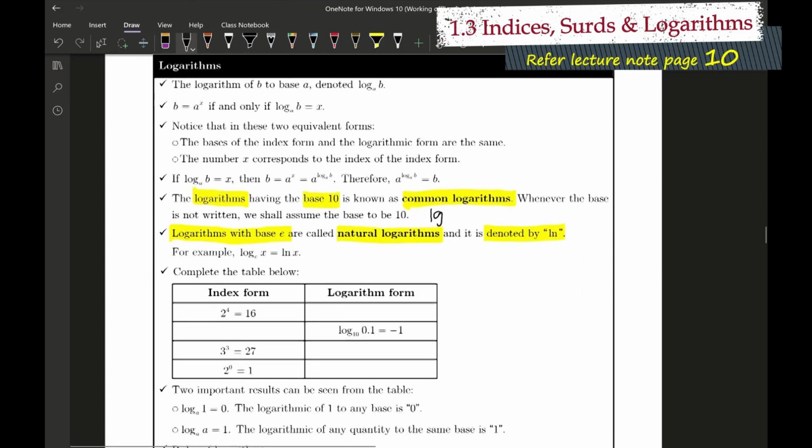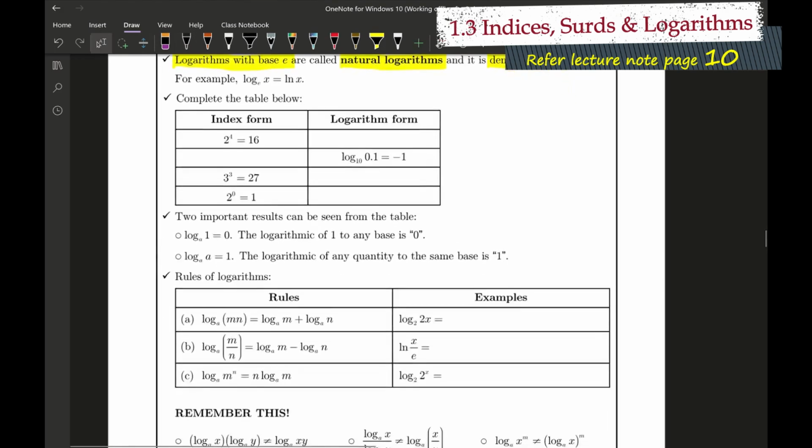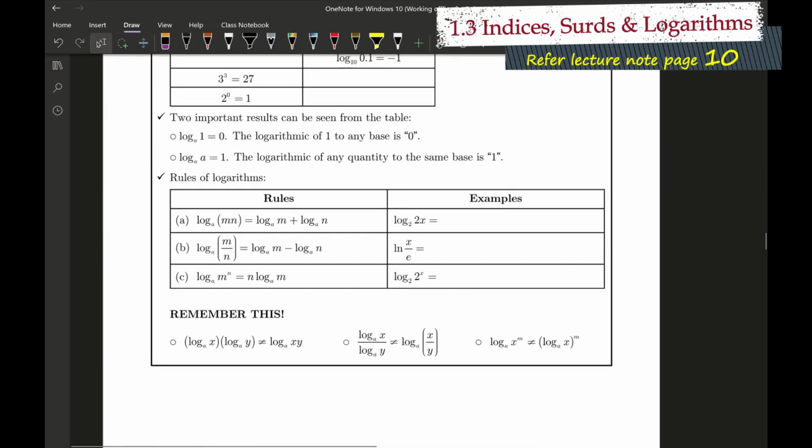And we have three very important rules of log. This one you can see, you can go through by yourself. We are going to go through three very important rules of log, which turns out that rules of logarithms have an interesting characteristic. Okay, why is it interesting? We can see from here,